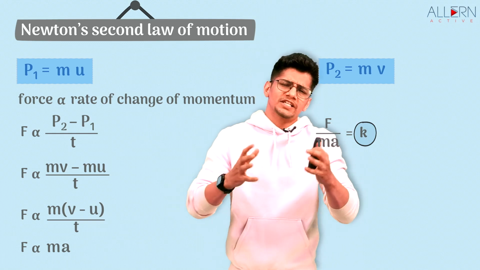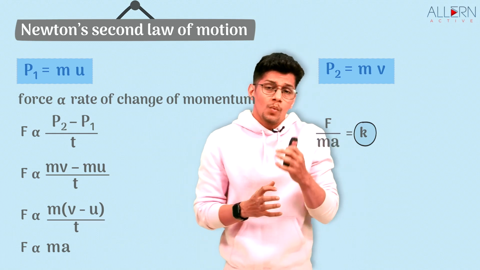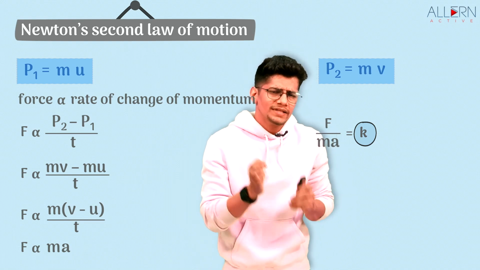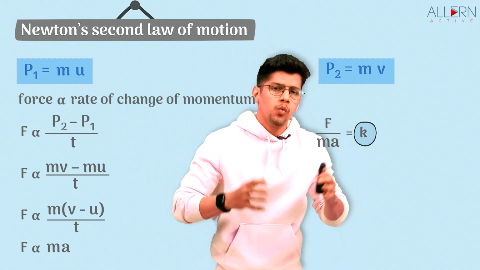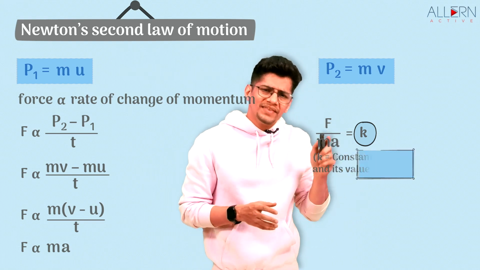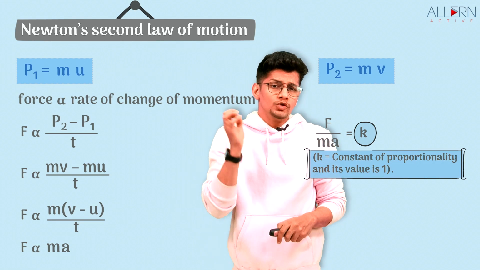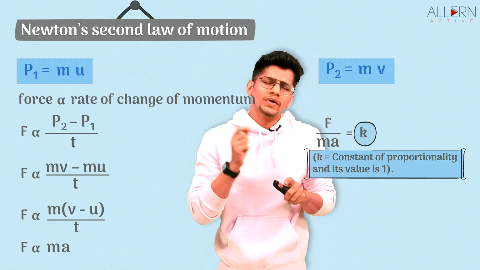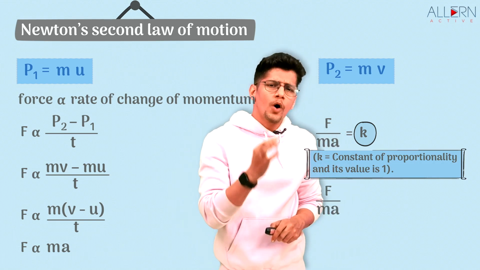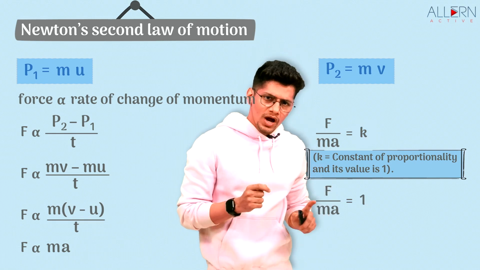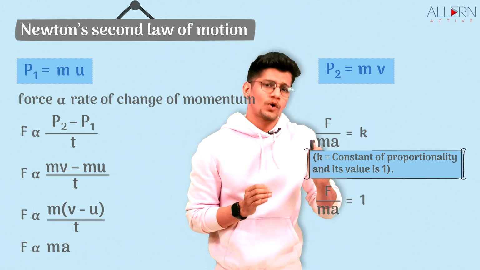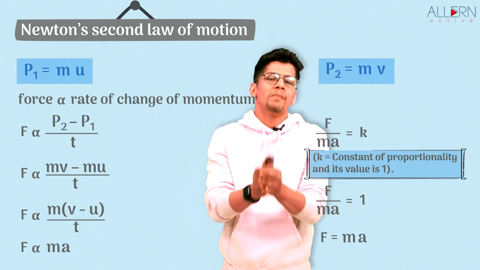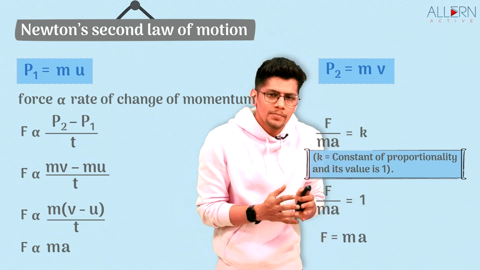Now scientists have done certain experiments, and after doing those experiments, when they tried to find the ratio of F and the product of MA, they found that the value was very close to 1. So that is the reason we consider this constant of proportionality to be 1, because it was experimentally found that the constant is very close to 1. Now what we'll do is we'll substitute the value. So we have F upon MA is equal to 1. Now we'll shift this MA to the right hand side, that is we do cross multiplication, and we obtain F is equal to m into a, that is force is equal to mass into acceleration, and this becomes the equation